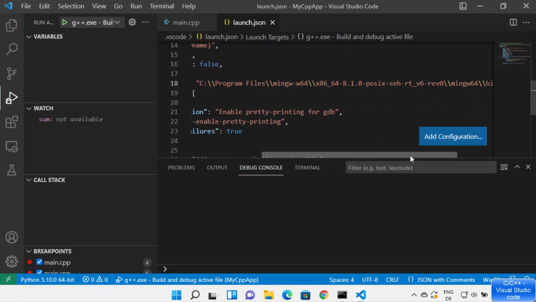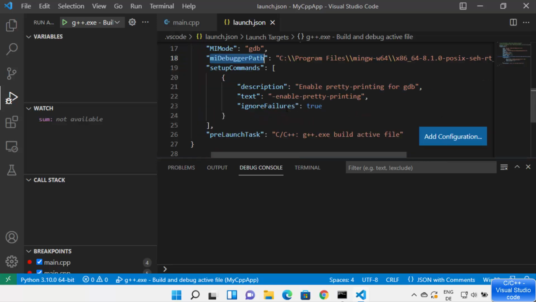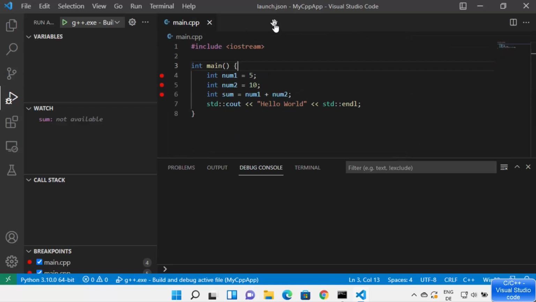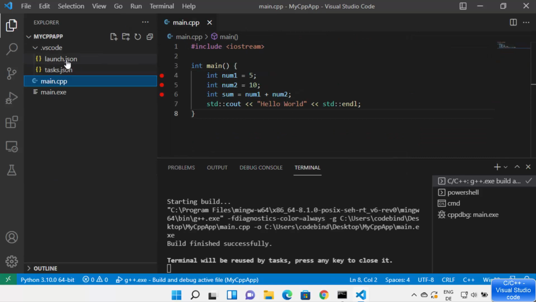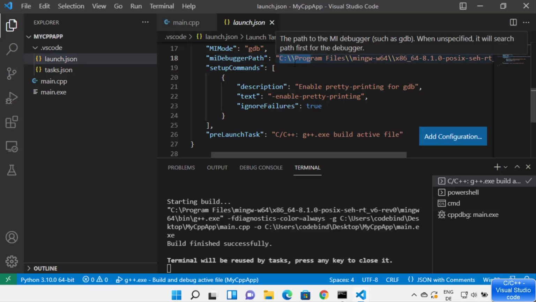So in our case, this debugger path is at this location. So all the information about your debugger is there in your launch.json file. So you can always change this configuration if you want to use some other debugger, right? Let's say Microsoft debugger. You can change this path for the debugger from here and then use the other debugger,